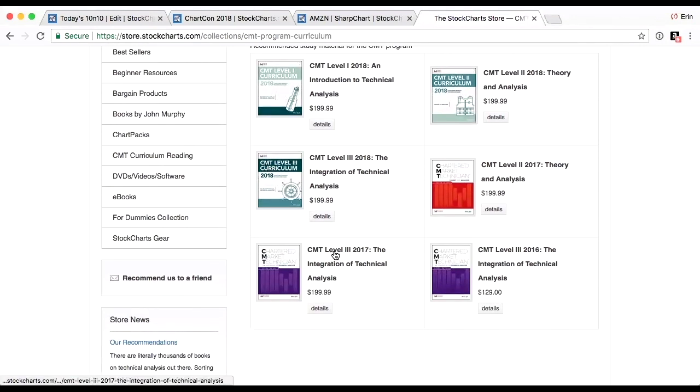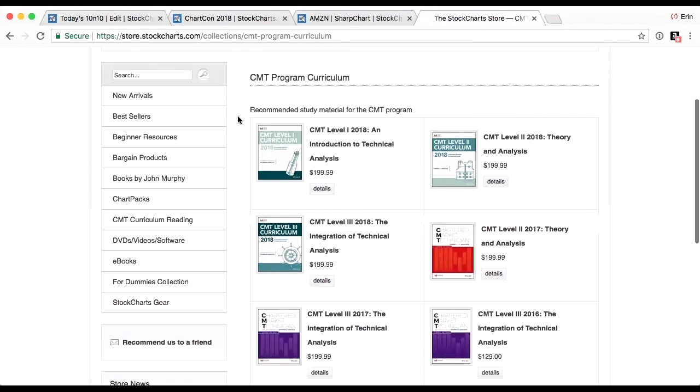Admittedly, I'm still on level 3. I don't know if I'm ever going to get past it with my schedule these days, but I found a lot of this information in the level 2 book, and there is more information in the level 1 book too, if you want to really get into this stuff.